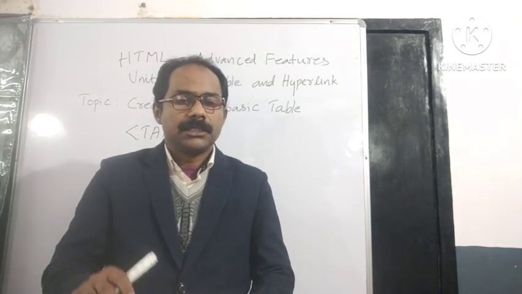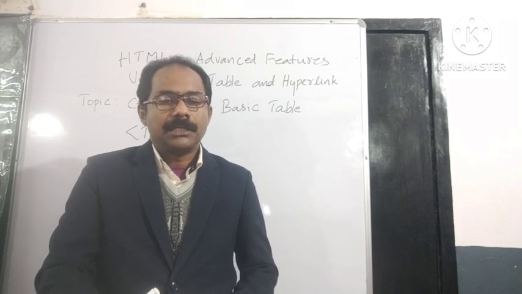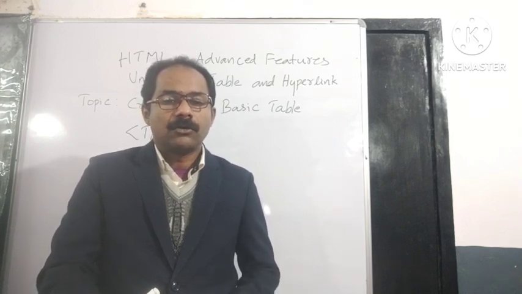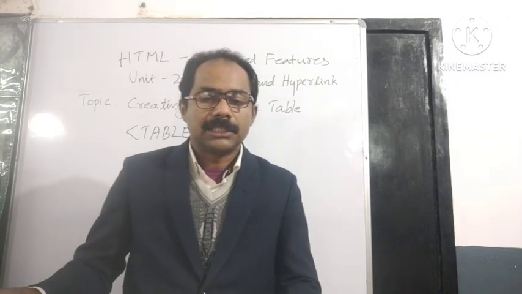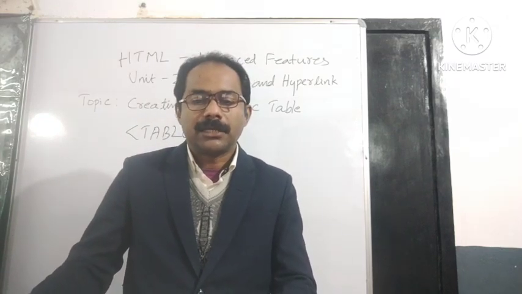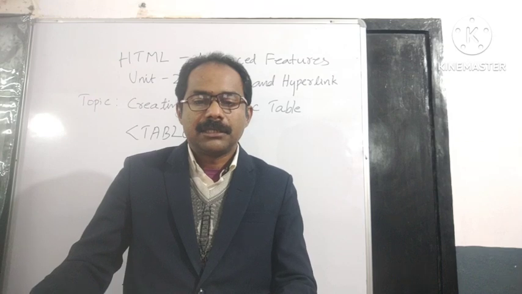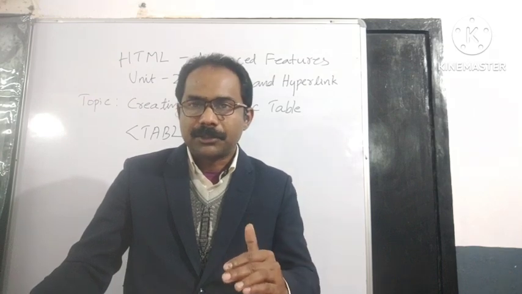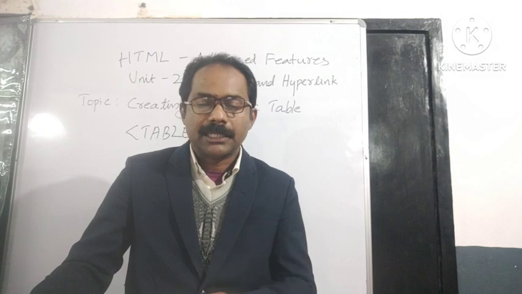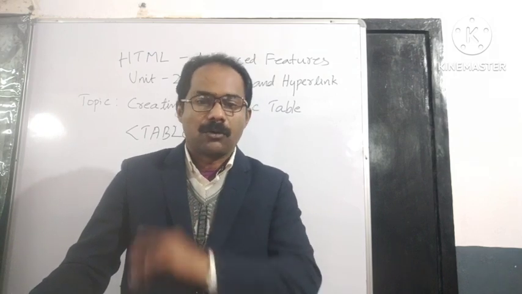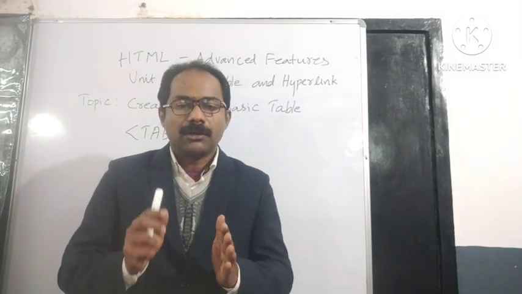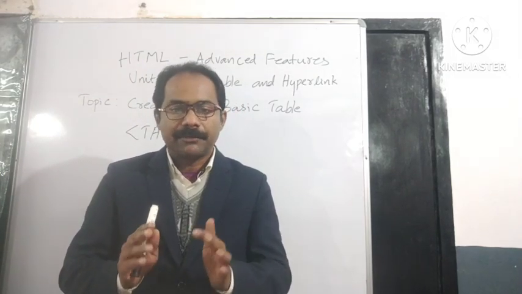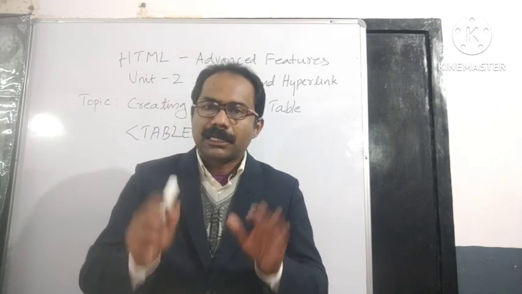Now turn the page. There is a program given: table, tr, td, row 1 column 1, and /td. Again, the second cell: td, row 1 column 2, then /td. So here in the first row, column 1 is created with td and /td. Just after that, we have to use one more td tag. It is for creating the second column in the first row. After completing the first row, in this case only 2 columns are there. So after the second td tag, we have to use the /tr tag, because that row is over.